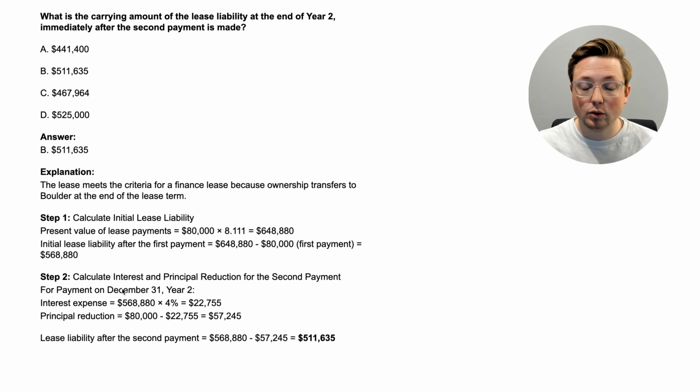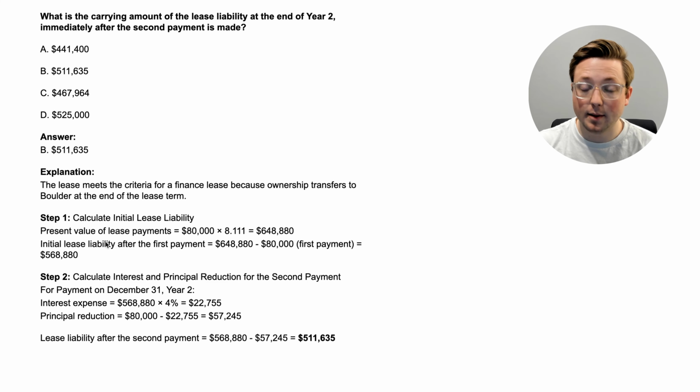$57,245. So when it comes to figuring out the amount of principal that's reducing the lease liability each year, you take the lease liability from the end of the previous year, multiply it by the interest rate, and then take that interest, subtract it from the lease payment each year, and that gives you the principal reduction. And so you're going to take this principal reduction and subtract it from the lease liability,